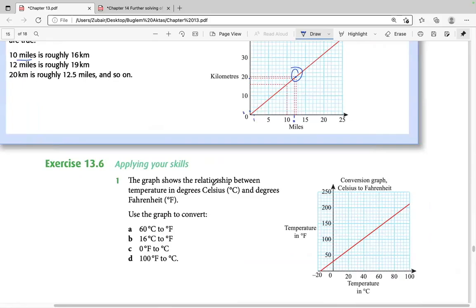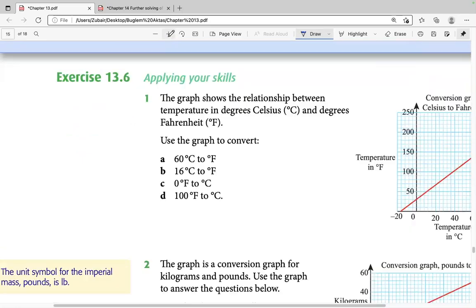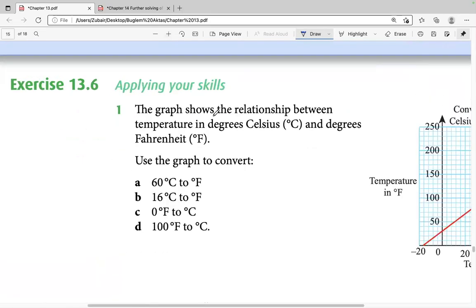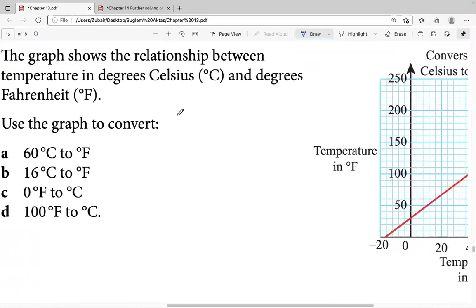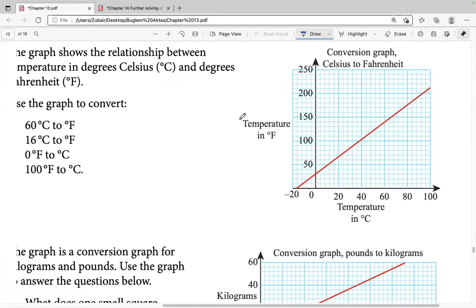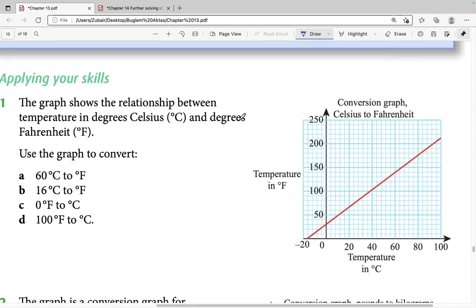Okay, the graph shows the relationship between temperature in degrees Celsius and degrees Fahrenheit. Use the graph to convert 60 degrees Celsius to Fahrenheit. Is the graph readable? Yes. So 60 degrees Celsius is on the x-axis and Fahrenheit is on the y-axis. So what value do you think it is giving us? It's giving us 100, oh wait, no, yeah, 180. No,